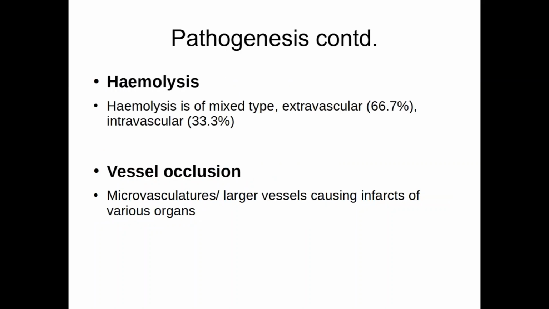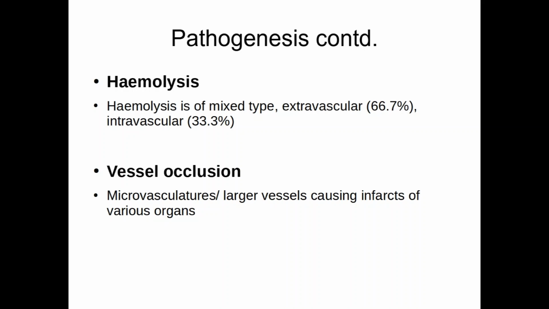Moving further in the mechanism of sickle cell anemia, we should understand what will happen because of this sickled cell. Two things happen. The first is hemolysis and the second is vessel occlusion. Under hemolysis, both extravascular as well as intravascular hemolysis take place. However, the more common one is extravascular hemolysis, in which these abnormal RBCs will undergo destruction by macrophages in the spleen predominantly and also in the liver. Complement mediated destruction of RBCs is the reason for intravascular hemolysis.